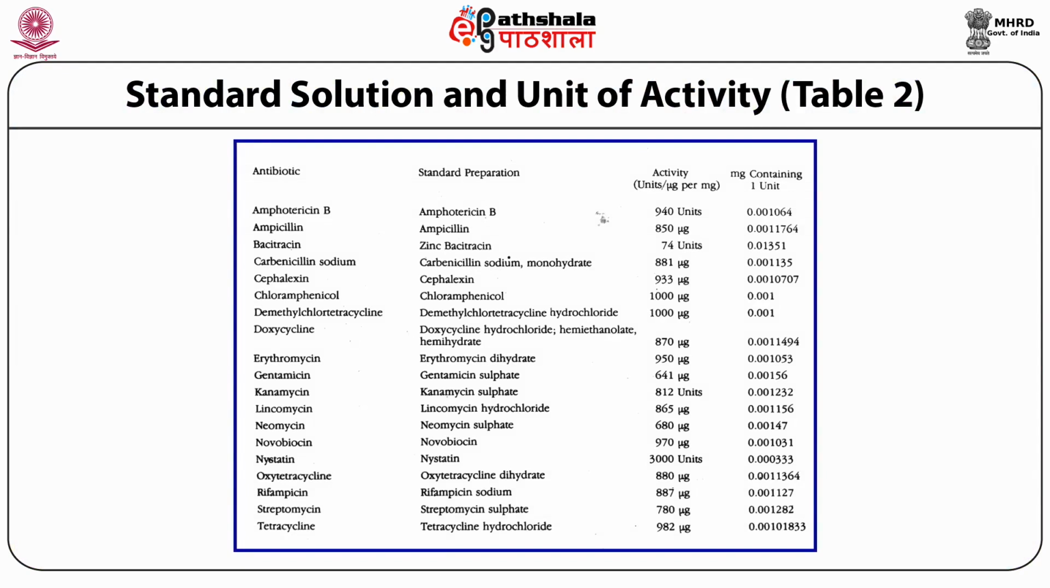Standard solutions of antibiotic and unit of activity. You can see here in table number 2 that the antibiotic name is given and standard preparations are given, and its activity and mg of antibiotic containing 1 unit of antibiotic activity. For example, bacitracin, the standard preparation is zinc bacitracin having activity 74 units per milligram, and 1 unit